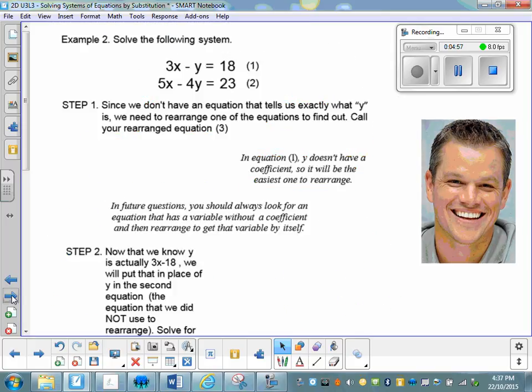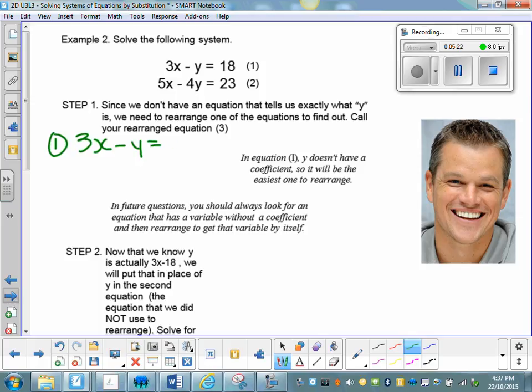Okay, so we're going to try a different one here. In the first example, we had an equation that was solved for one of the variables. Here we don't have an equation that tells us exactly what y is or exactly what x is. So what we need to do is rearrange the equation. So I'm going to take equation 1,